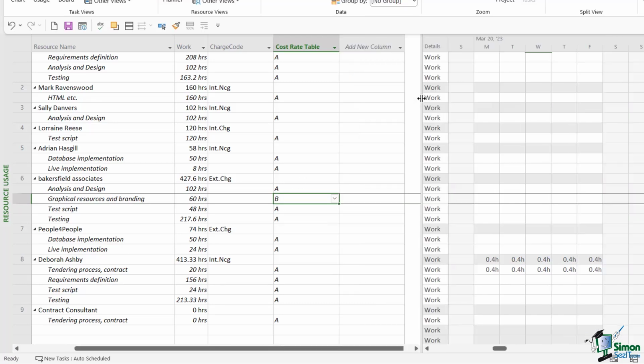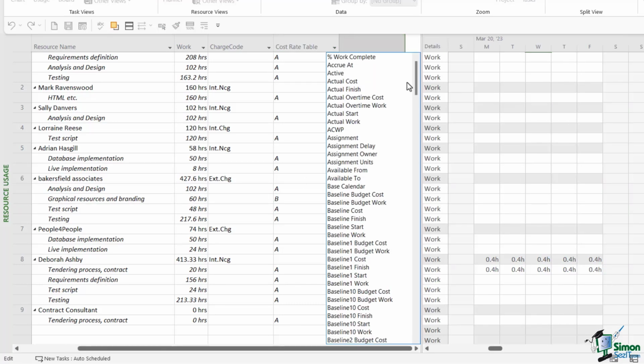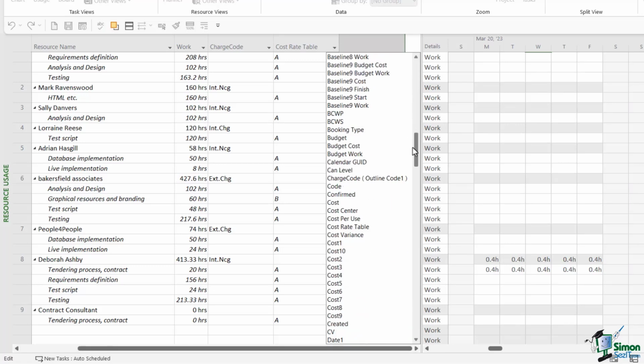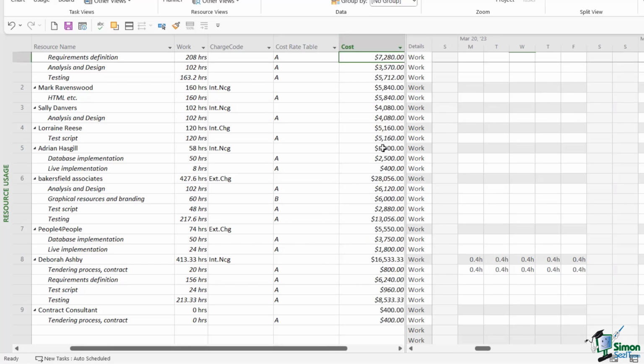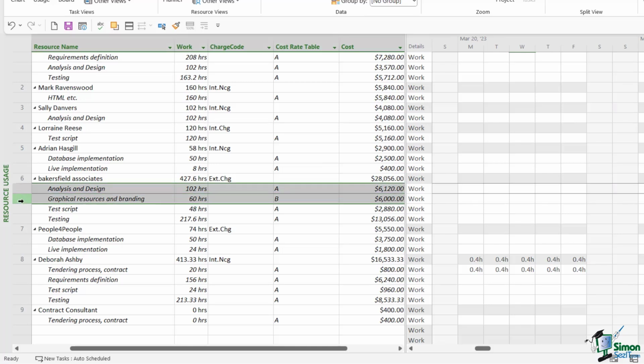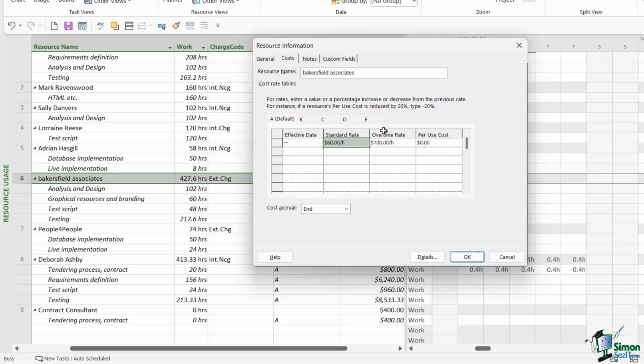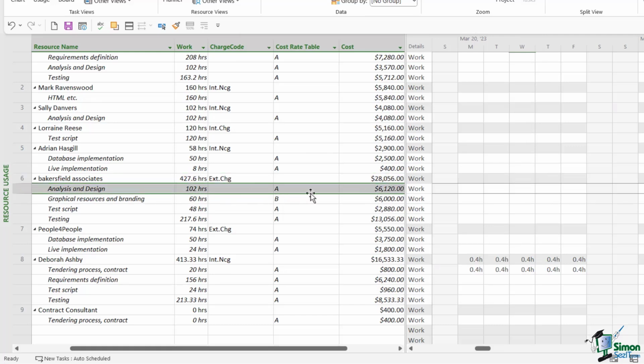So now that we've changed that, I'm going to add another column, and this time we're simply going to add the cost column. So now you can see if we take a look at these two down here, analysis and design is using the A rate. And if you remember, the A rate is $60 an hour. So if you were to calculate that, that works out to